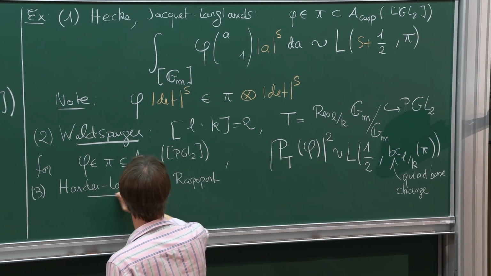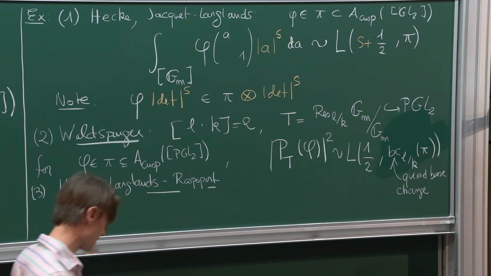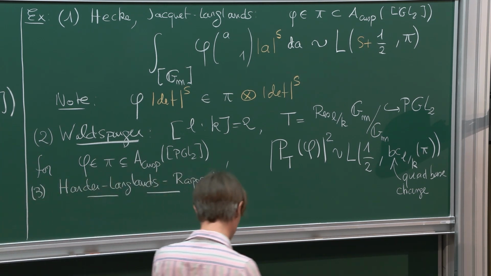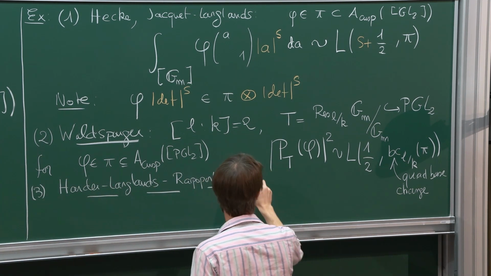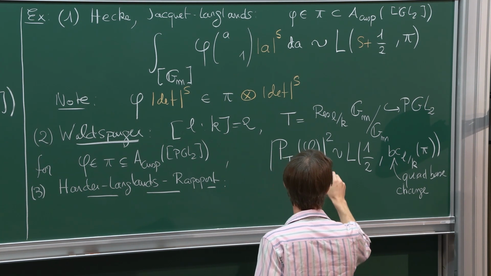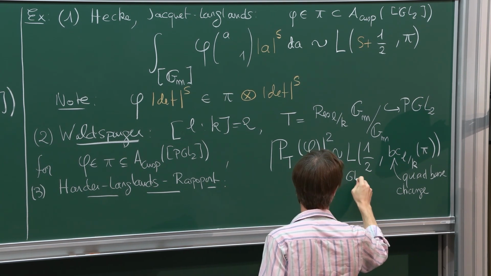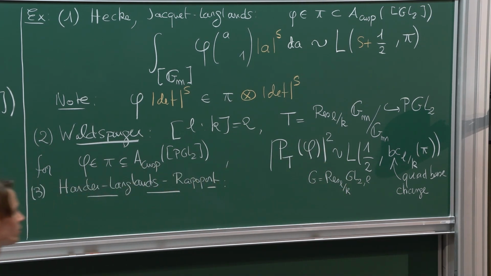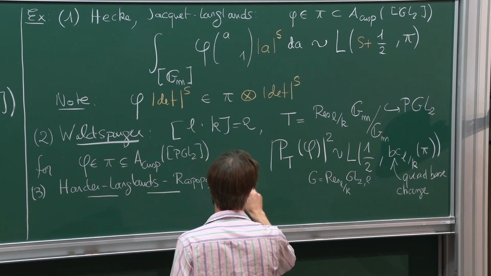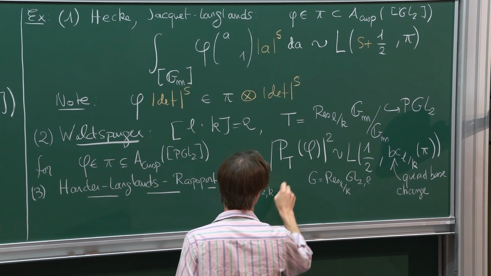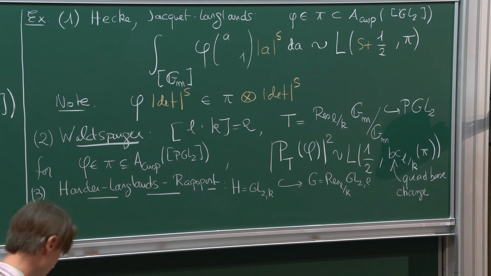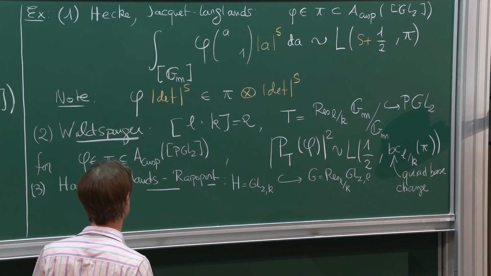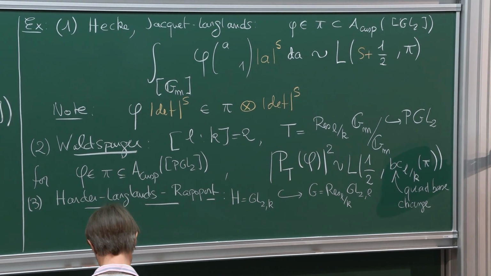So again, we start with a quadratic extension, L over K, as before. For G, we take the group GL2 over L, and I will restrict the scalars to K in order to have all the groups defined over K. And H is just GL2 over K, with this natural embedding in G. And what Langlands and Rapoport noticed is that